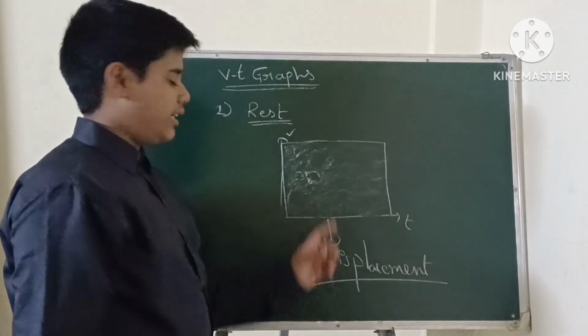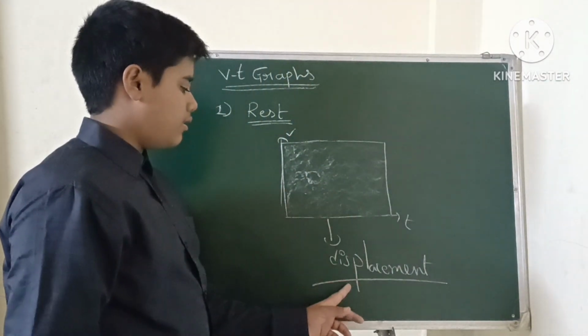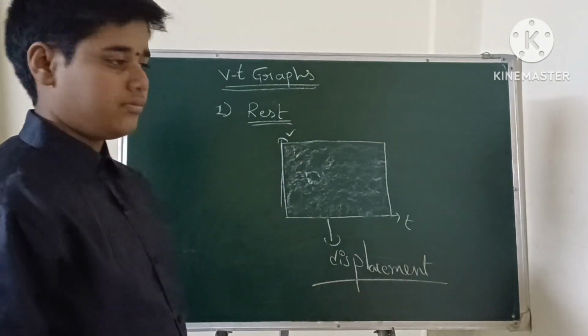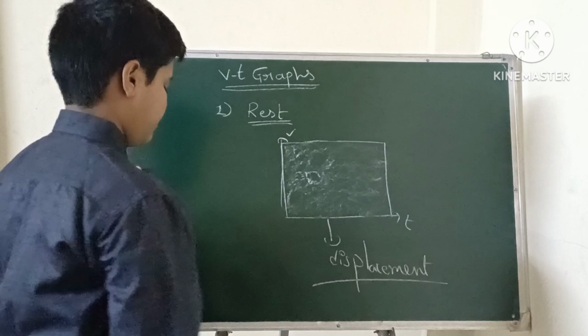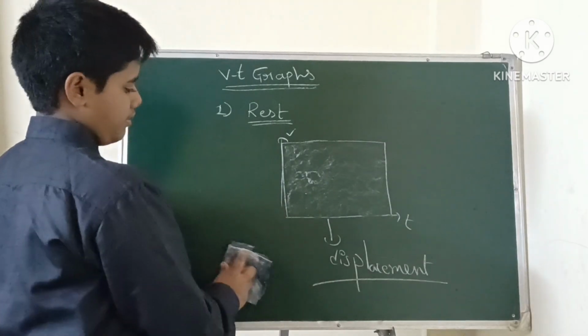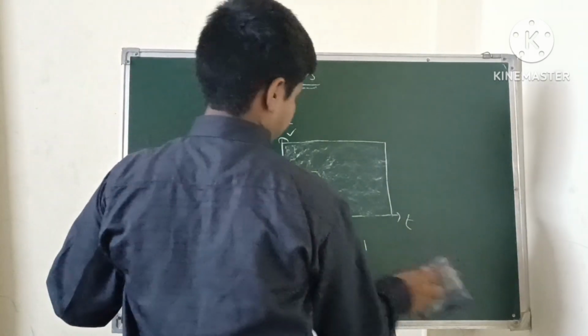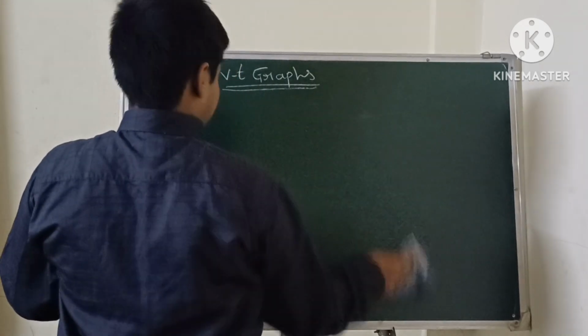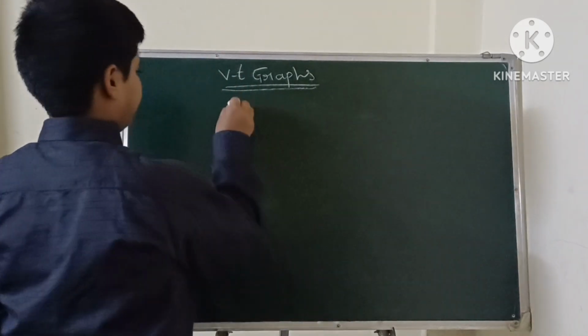Okay. So here the shaded part also tells us displacement. Okay. So this is the second graph, rest. And the third graph,